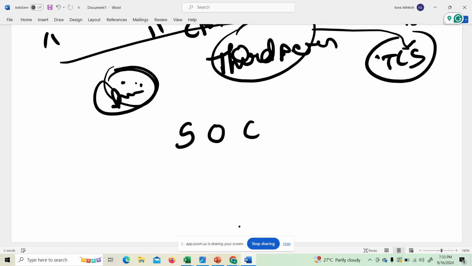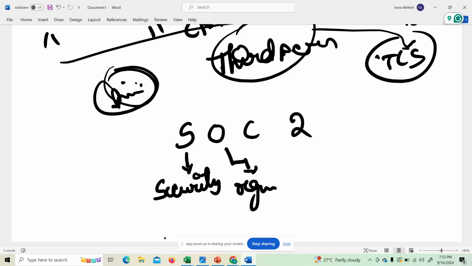What is SOC? That I clearly mentioned previously, where we'll deal with all ITGC controls. S stands for security, organizational controls.